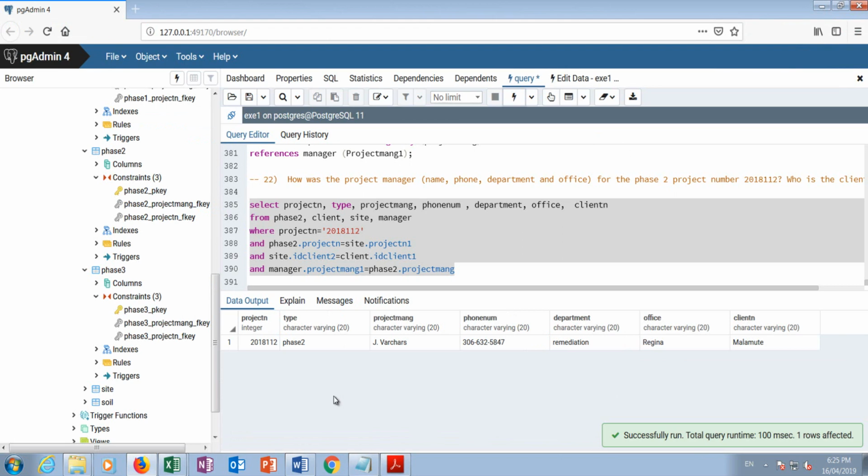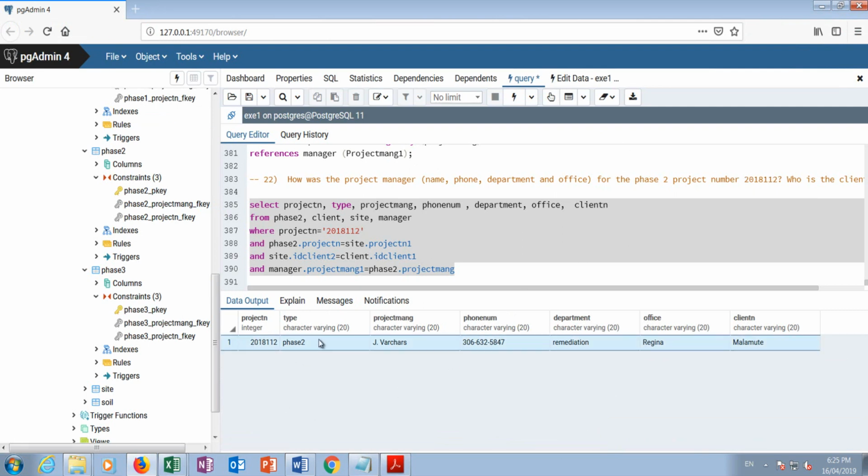And this one is the answer. Okay, who was the project manager for the phase 2 number? This is the number of the project, this is the phase 2, this is the name of the project manager, the phone number, the department, the office, and the client for this project, it's Malamut. Okay, then we finish